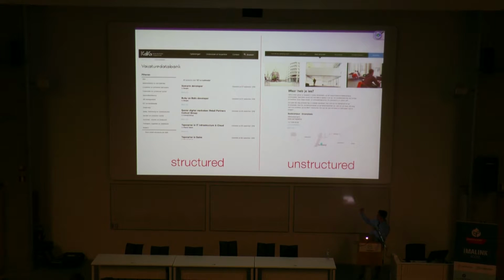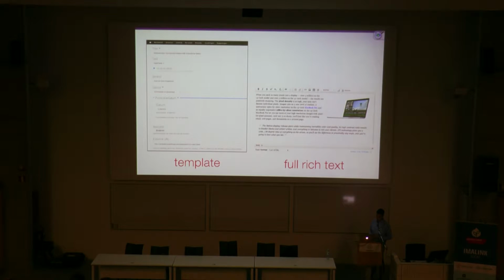That has nothing to do with marketing or pulling things together on the layout side. On the other hand, the unstructured pages, like the long page we just saw, are very marketing driven, and not that structured. They're actually composed for every page separately by the webmaster in their own way, as the company or the webmaster means it to be. Two approaches to solve this could be: